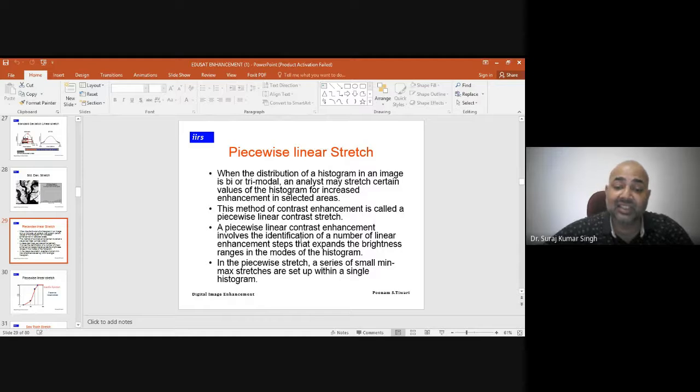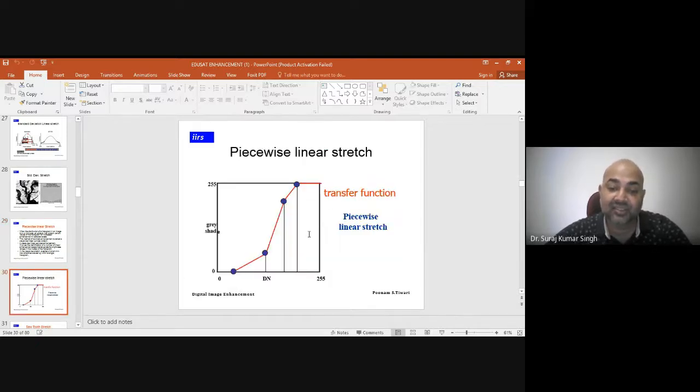A piecewise linear contrast stretch involves the identification of a number of linear enhancement steps that expand the brightness values in the modes of the histogram. So these values will change on the basis of your histogram, and in the piecewise stretch, a series of small linear stretches are set up within a single histogram. You can see that this is a single histogram which we have broken up into 4 parts.